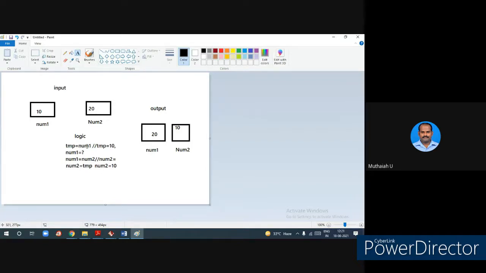What is the next step? Once we understand the problem, we put it in a diagram. That is a flow chart. So you can take the input, process it, and output. We put that flow chart also. Why? Because with this flow chart, we understand the problem very clearly. After understanding that, we already know the logic. So this is the logic we are going to apply. We finalize the logic also. Then we go for confidently writing the program.